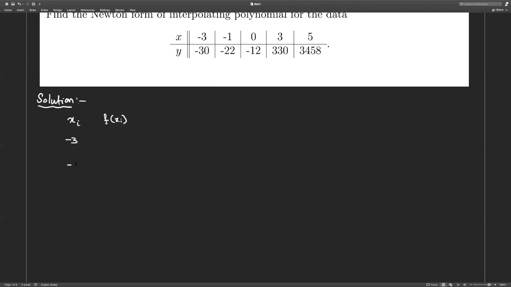-3, -1, 0, 3, and 5. The corresponding function values are given by -30, -22, -12, 330, and 3458, right? Let us first construct the divided difference of order 1, which I generally represent like this, where you